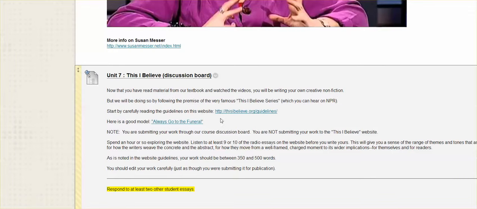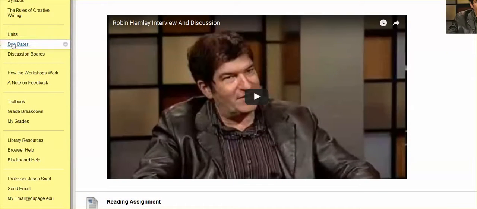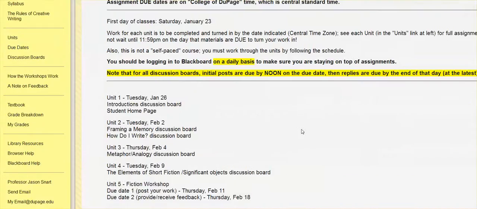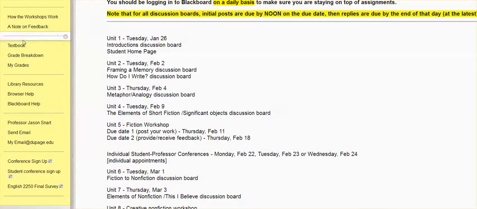So ours is just a discussion board here where, again, you're posting your own work, keeping it relatively short for our purposes here, and responding to 2 other student essays. Almost like a little mini workshop here, but not returning a whole file and all that kind of stuff. And then, of course, that turns us around into our workshop. We'll just review our due dates here. So I'm jumping ahead quite a bit, but it's good to be thinking about this sooner rather than later. So your posting date, your feedback date, and then if we look at that unit,